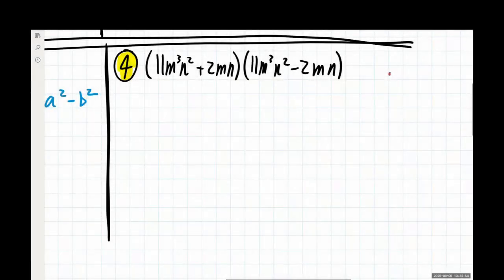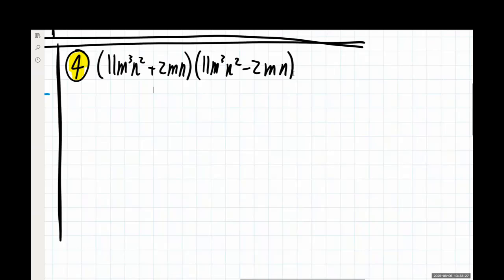And for our last example, we once again have two conjugate pairs that are multiplying together. The first term in its entirety is the exact same as the first term in the second polynomial. The second term is also the exact same as the second term. Both of them are 2mn. And if I look at the signs in the very middle, great. One is a positive, one is a negative. I can go ahead and use my shortcut and get to this answer really, really fast.